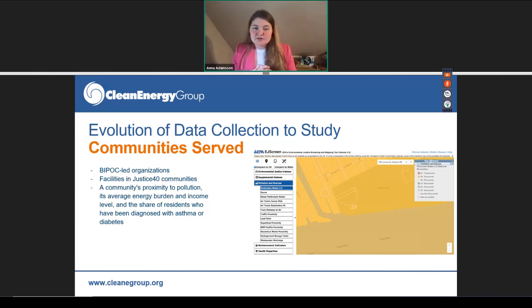Another data area that we are looking at is how we are describing the communities that we serve. Of course, as we've been saying this whole time, which organizations are led by BIPOC organizations, also which facilities are located in Justice40 communities, and lastly, we're exploring ways to look at the community's proximity to pollution, its energy burden, which is important when you're looking at solar and battery storage, potentially bringing down that monthly electric bill cost, as well as the health disparities in those communities, how many folks have been diagnosed with asthma